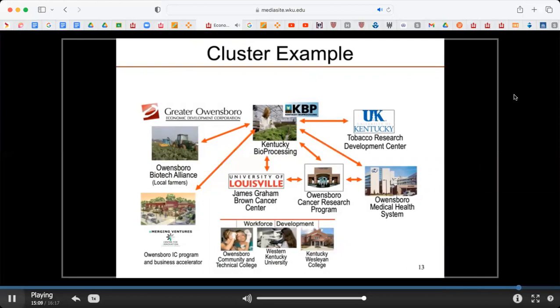And so finding ways to build on this competitive advantage through the healthcare sector, through the Tobacco Research Center at UK, through the James Graham Brown Cancer Center at Louisville, again, taking opportunities to use translational research from universities in cancer and use of tobacco, but also developing the workforce and the local farm community in creating a cluster that's competitive. And so economic development has really moved from just putting up a shingle and recruiting companies into, as the economy's evolved, a much more complex phenomenon as you see here.